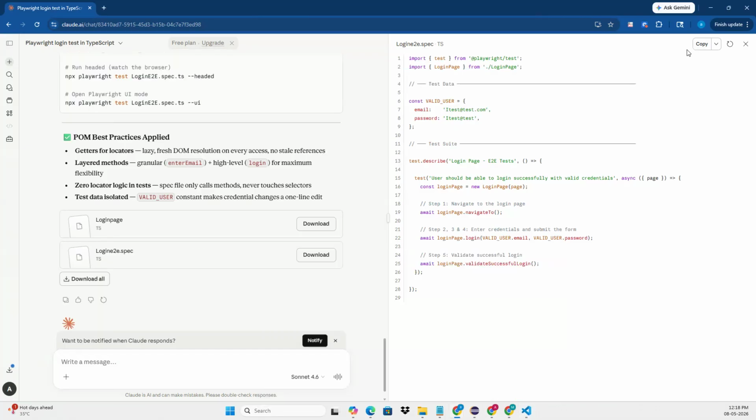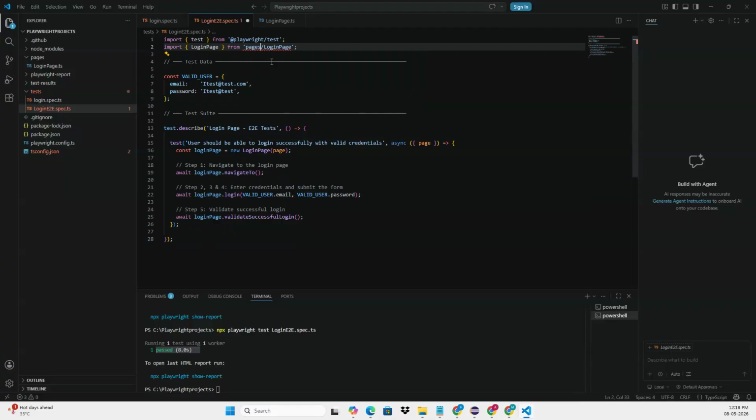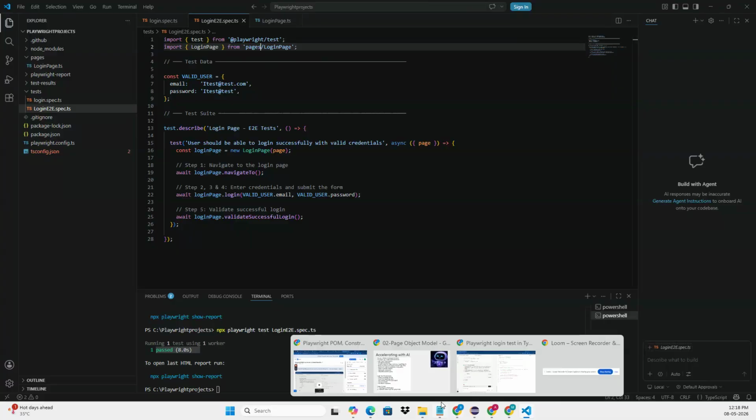Again, go here, copy, and fix this. All right, so my test and spec file are ready with the getter method. Again, you can execute them and see the results. Just to save time, I'm not executing right now.